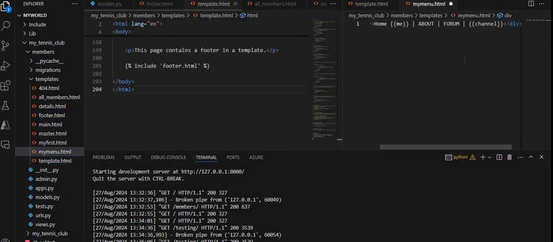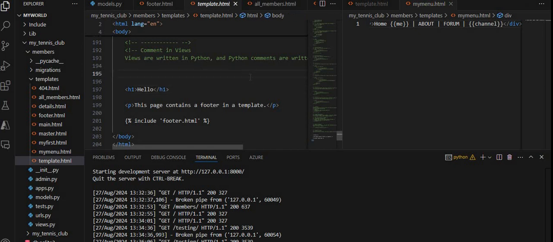As you see here, let me save this code, and here on the top of this I'm going to include, let me use the Django tags, and here with the help of include and my menu.html, this will be my menu.html, and after that with the help of the with keyword,